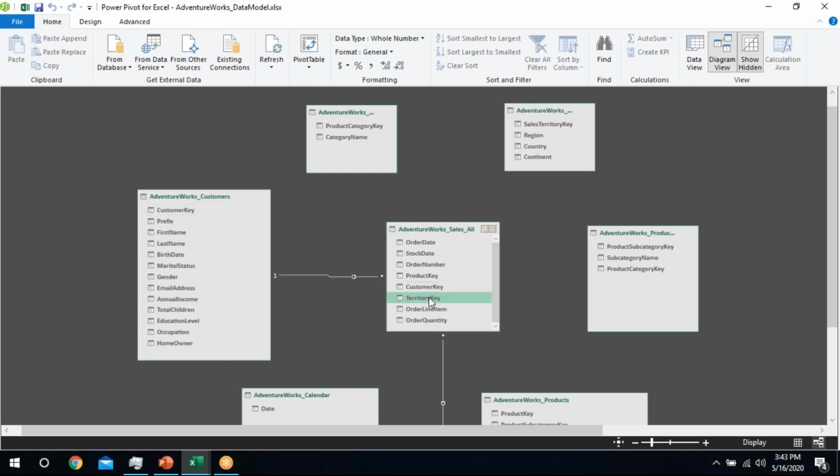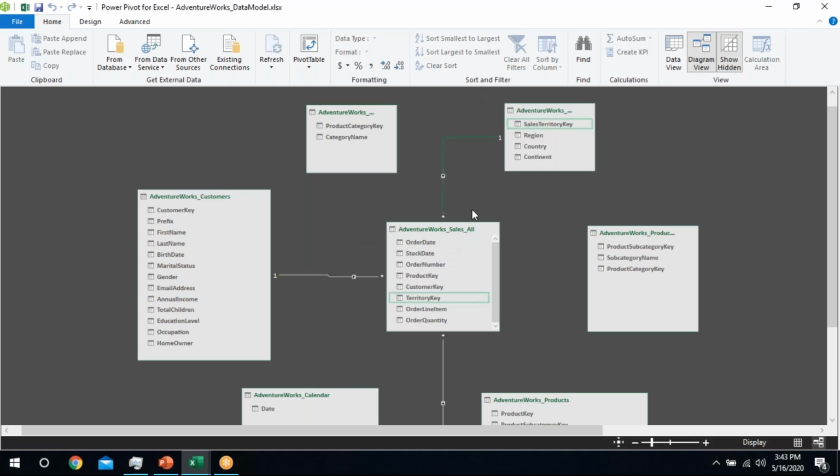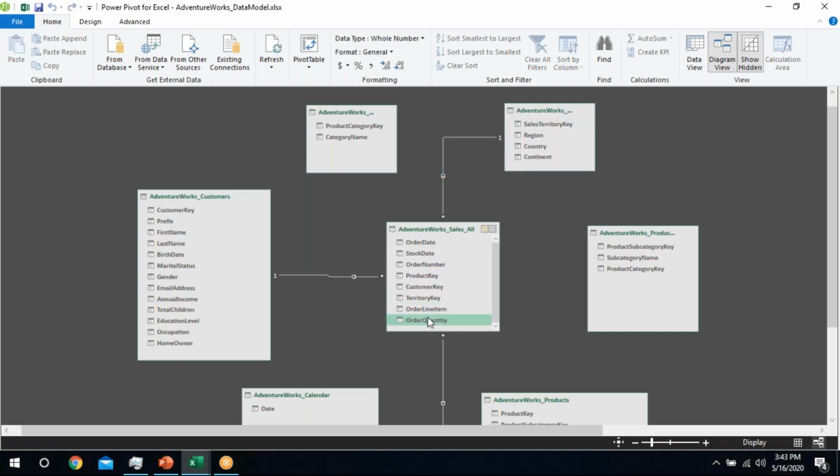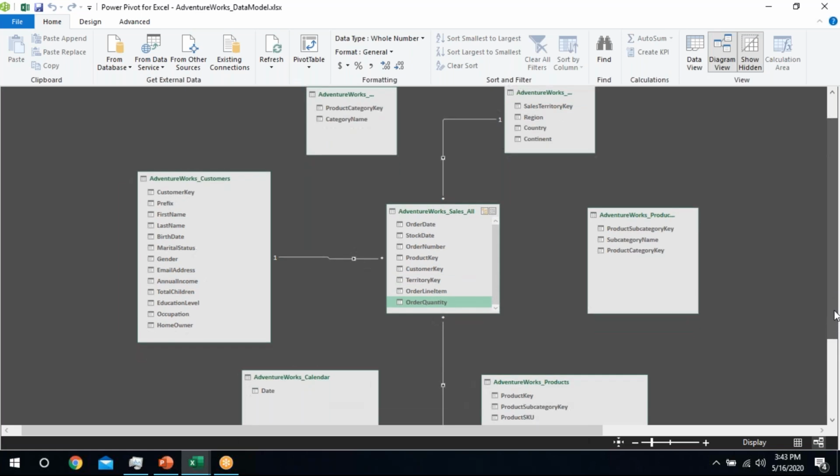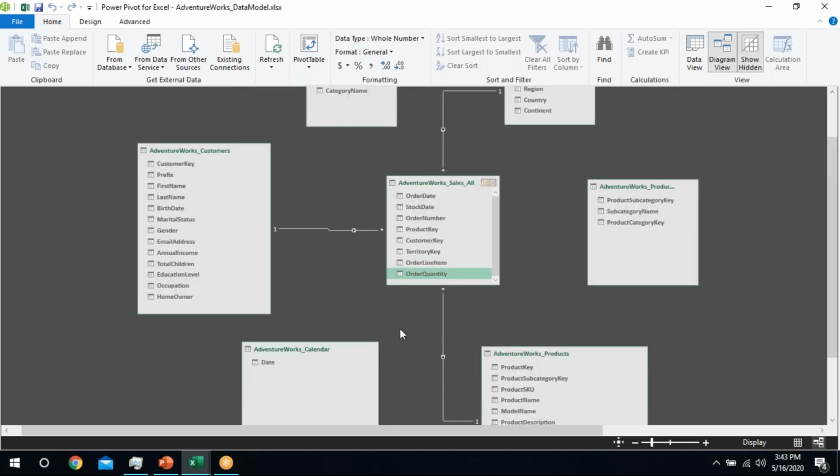Similarly, we have territory key. We will click and just, perfect. Now we have order line item and order quantity. These represent my sales records, so there is no dimension table available for them.